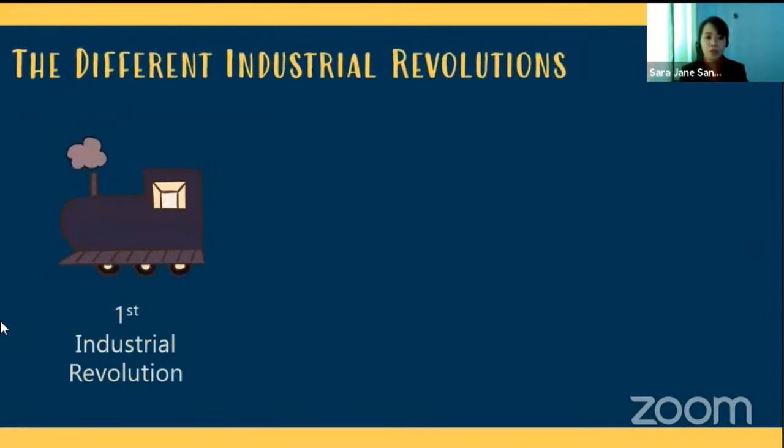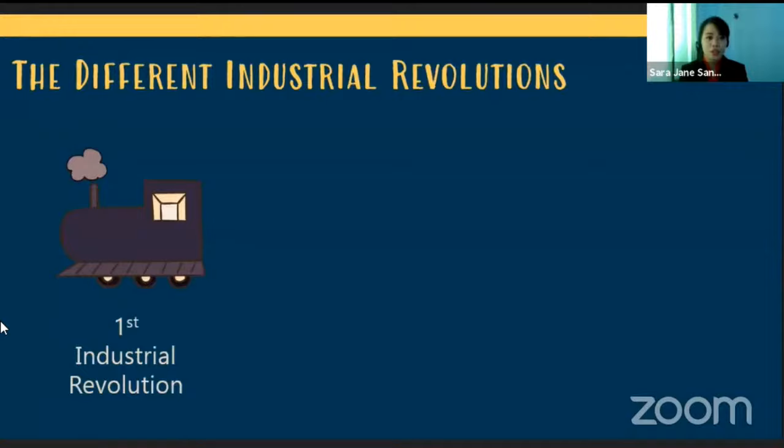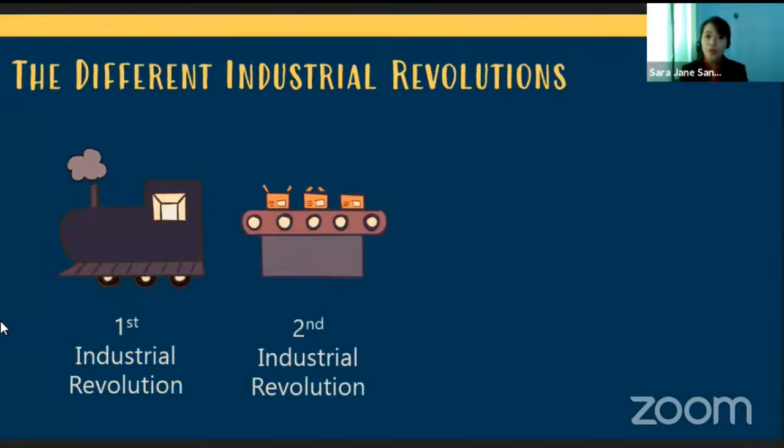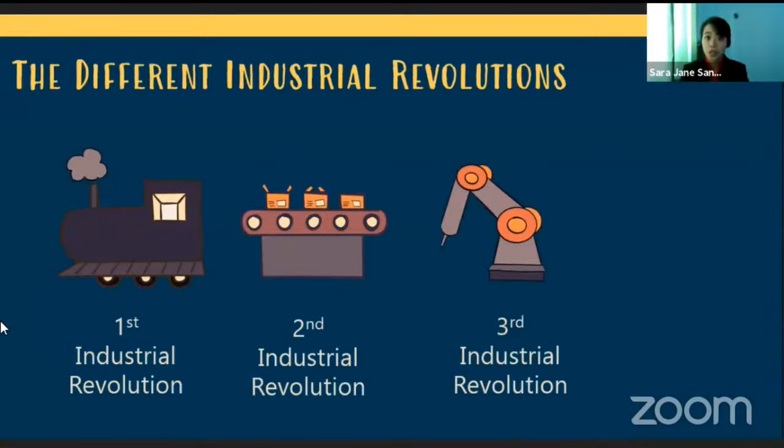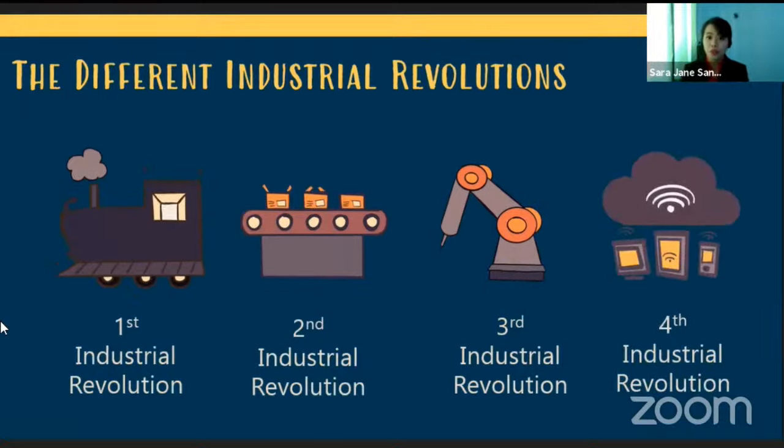Now, from the first industrial revolution, with the introduction of mechanization, steam, and water power engines, to the second industrial revolution, with the emergence of mass production, electricity, to the third industrial revolution, with the coming of electronics, IT systems, and automation. The world of work is now in its fourth industrial revolution, which has been dominantly brought by the cyber-physical system of things. At ano naman itong tinatawag na fourth industrial revolution na ito?